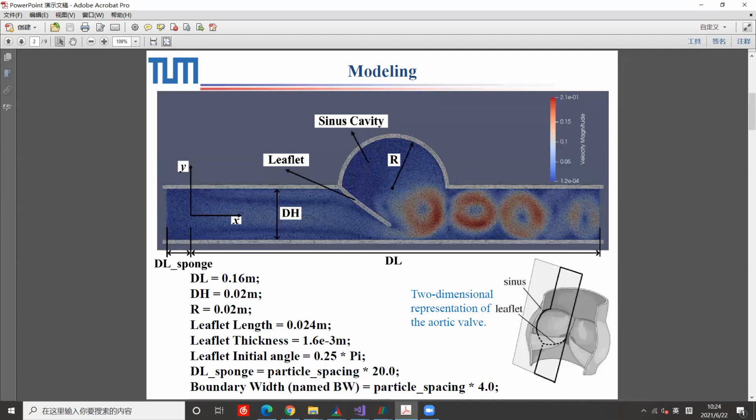So the 2D case looks like this picture. And we have the leaflet. This leaflet is a linear elastic body, and we have a sinus cavity here, and